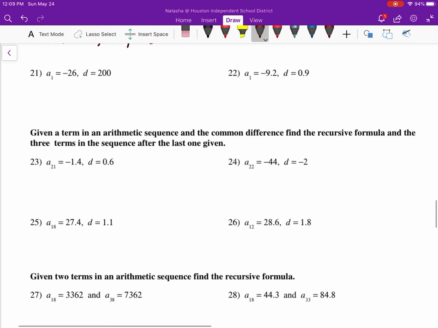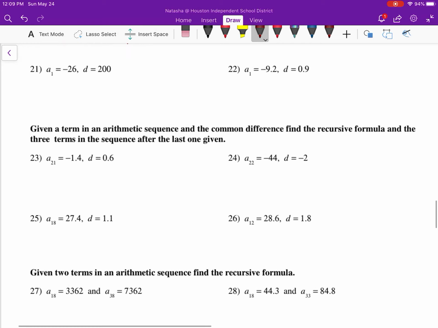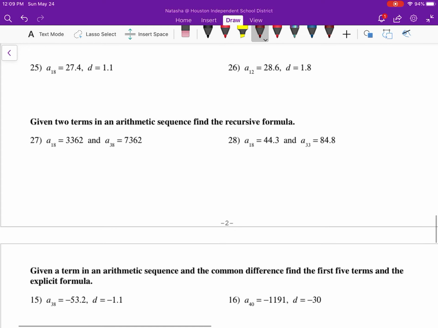All right, let's see. 22 through 26, same. Ooh, this one's really fun. I'm going to do